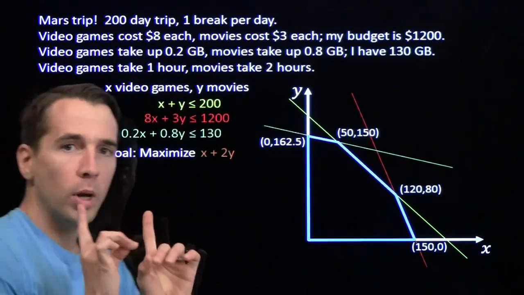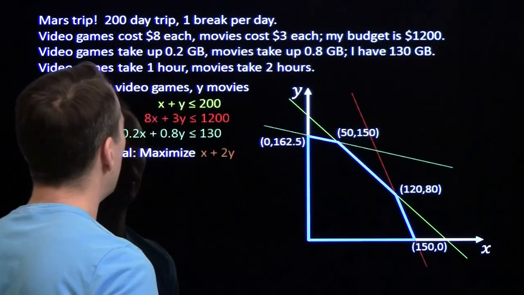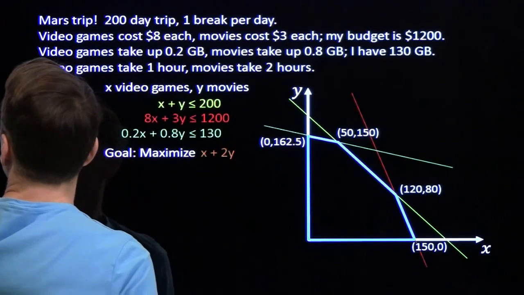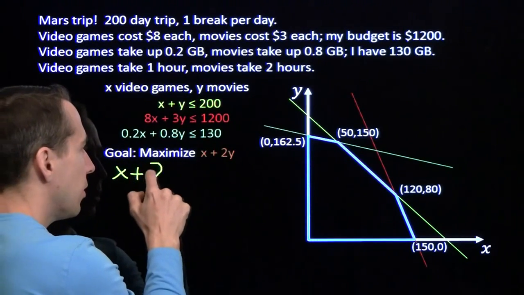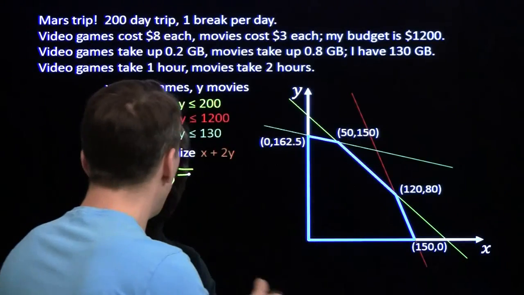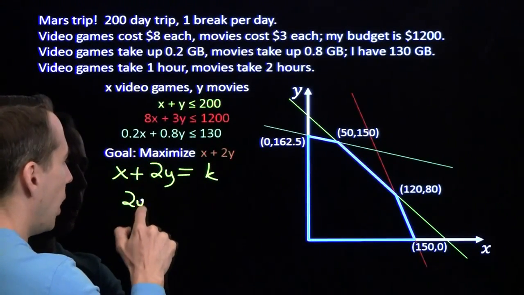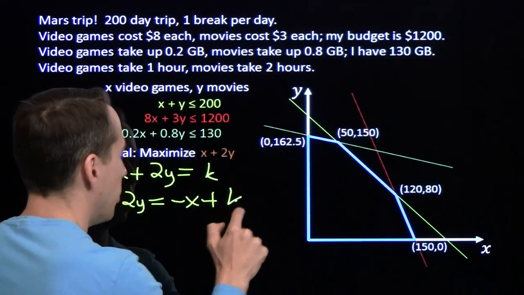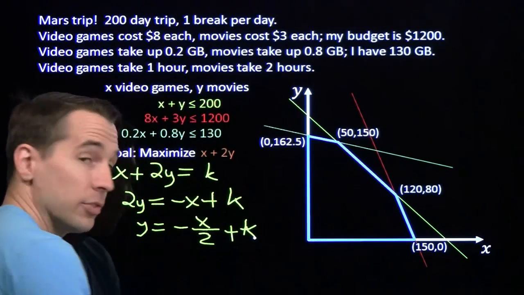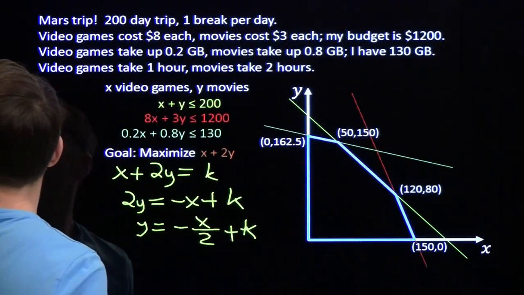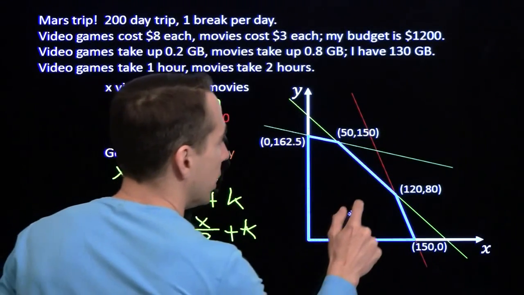So let's take a look at one more setup. Imagine the video games are really bad. These are just 1 hour video games. Very, very boring video games. Now here we're trying to maximize x plus 2y, and we think of it the same way. Each point we pick in here, we'll have x plus 2y equals something. We'll call that k, and again we solve for y. And this time we see that all these lines have slope -1/2. So now we're looking at lines more like this. And of course, I happen to have a line with slope negative 1/2 right here.